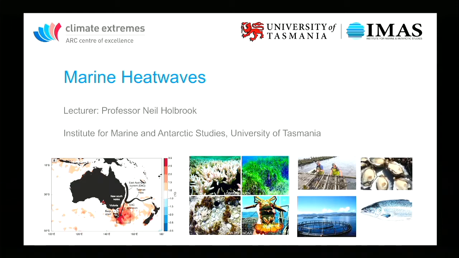They're one form of ocean temperature extreme, just like atmospheric heat waves are one form of atmospheric temperature extreme. And marine heat waves have impacts just like atmospheric heat waves. You can see there we've got some coral bleaching, arguably affects kelp. There's been evidence for oyster losses off Tasmania. There was a marine heat wave here in the Tasman Sea. Pacific oyster mortality syndrome. Salmon have been compromised and so on. And I'll talk about that as we go along.